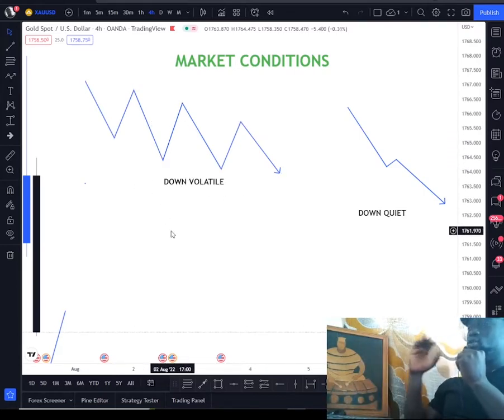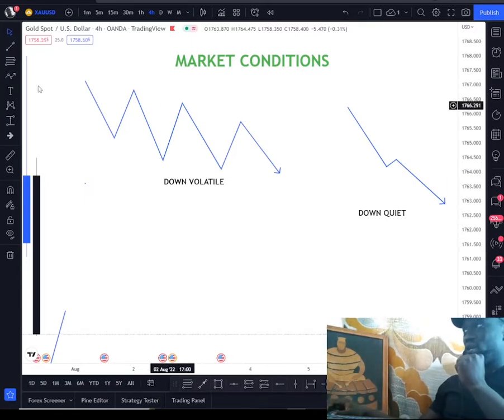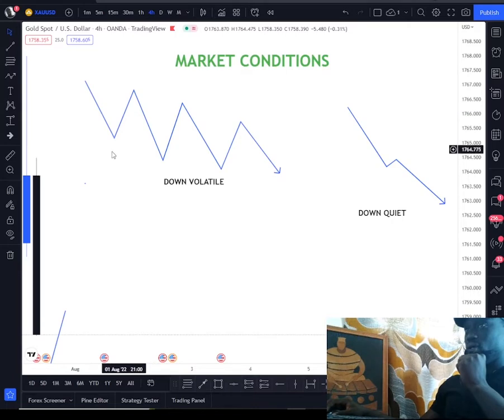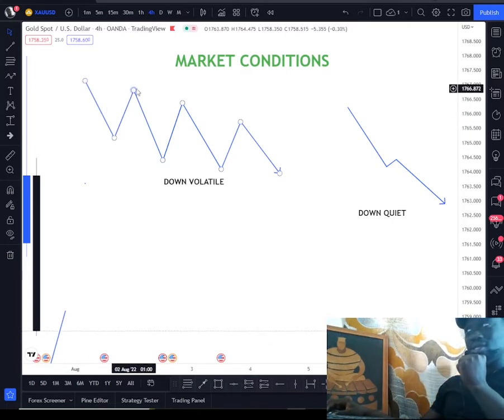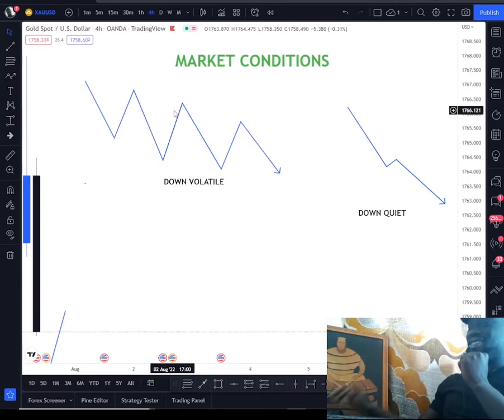So if you have a strategy that is based on catching retracement of trend, this is where your strategy works really well. You understand? When the market comes down, you catch a retracement, you sell back down, catch a retrace. This is sweet for people trading retracements, right?